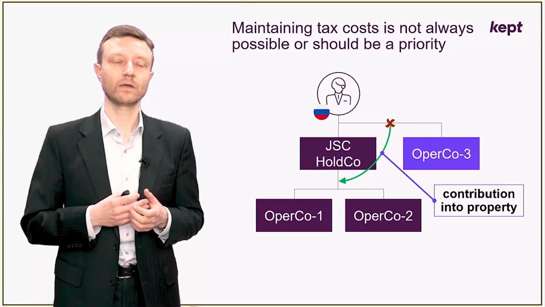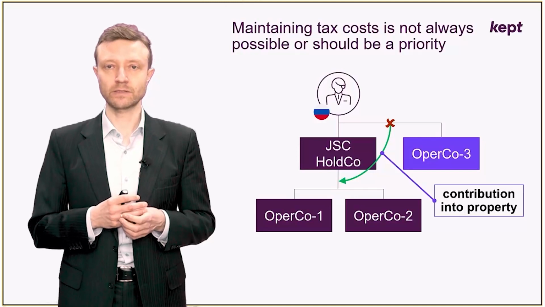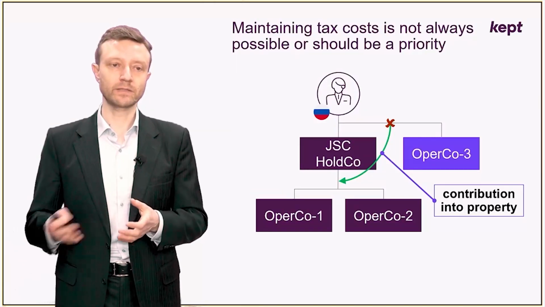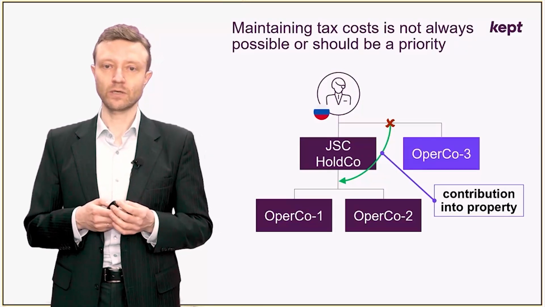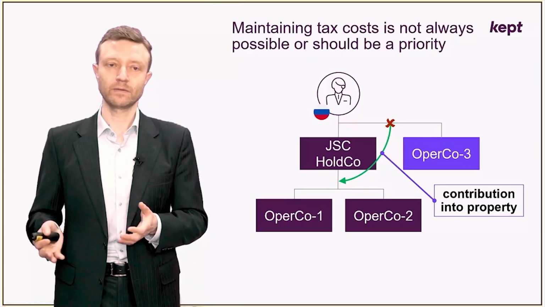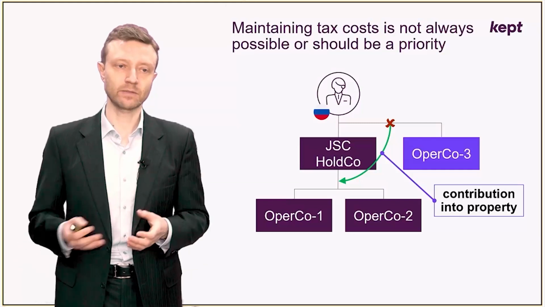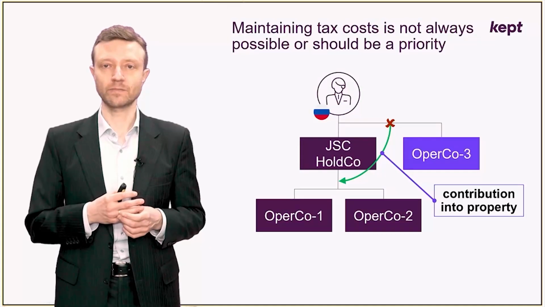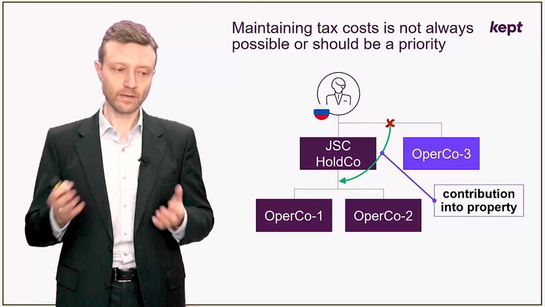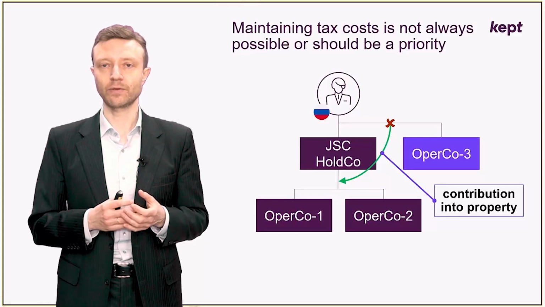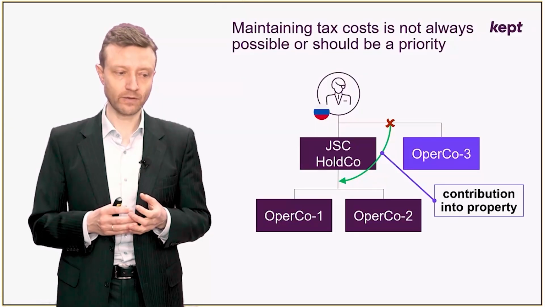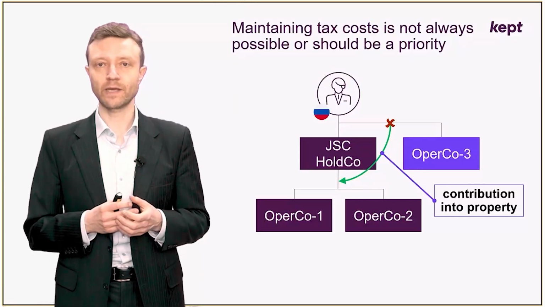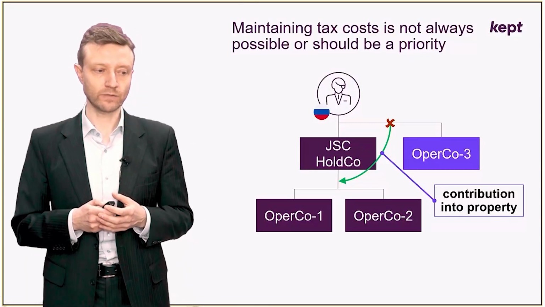And although in this case, as we remember, the tax basis is lost, unfortunately, still there is no immediate tax effect for the shareholder, which may make sense, and it may be preferable to make this sacrifice of future tax basis in case the contributed operating company is disposed of by the holding company, but at least at the moment when the contribution is made, we avoid the tax cost for the